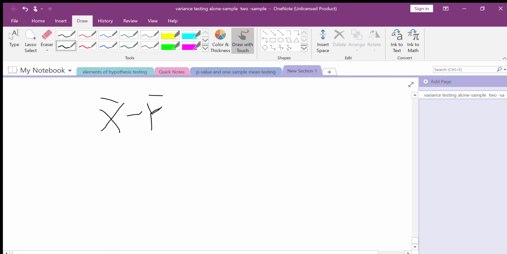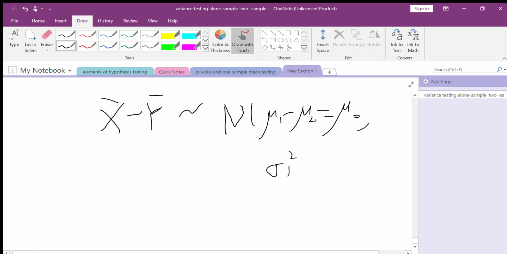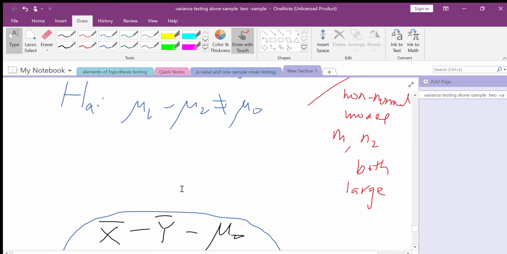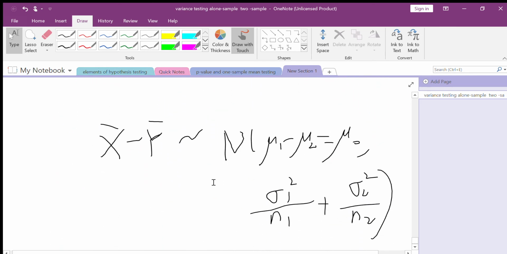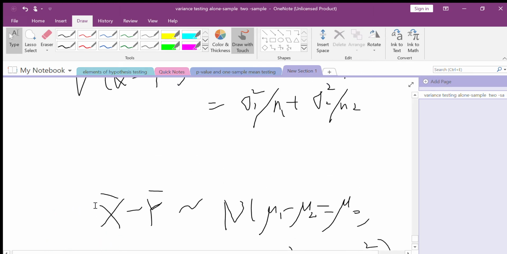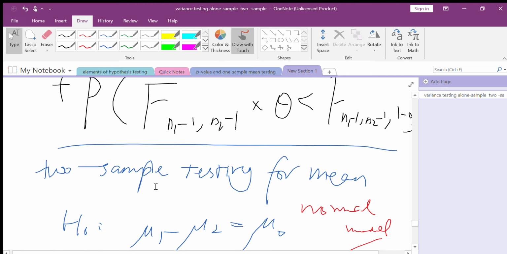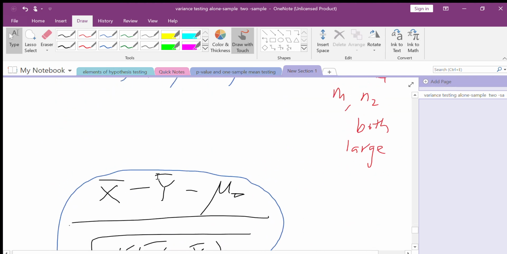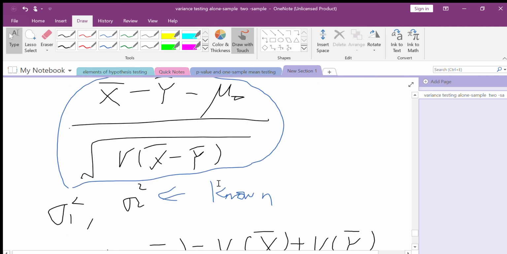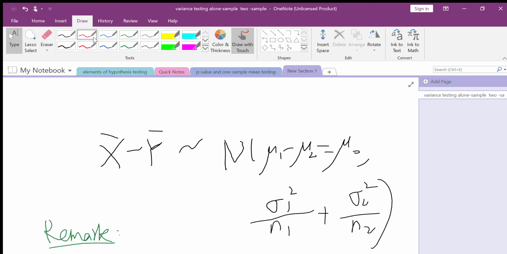X bar minus Y bar itself follows a distribution with mean mu1 minus mu2, which is mu0, and variance sigma1 squared divided by n1 plus sigma2 squared divided by n2. So then this testing is just one-sample testing. The remark is when sigma1 squared and sigma2 squared are known, then two-sample testing for mean is essentially one-sample mean testing, and we know how to perform one-sample mean testing,